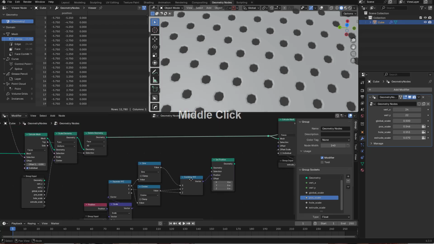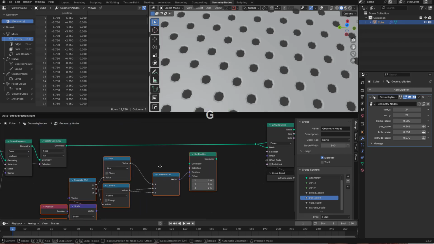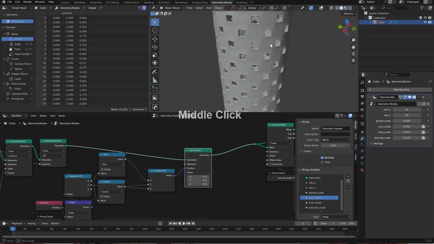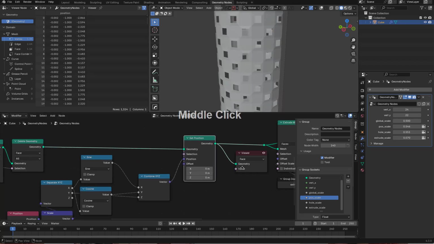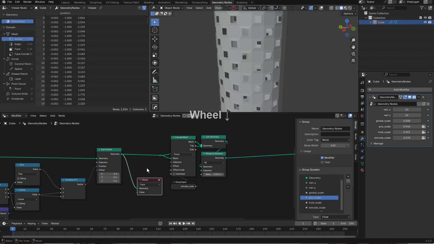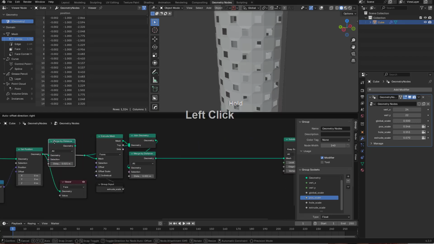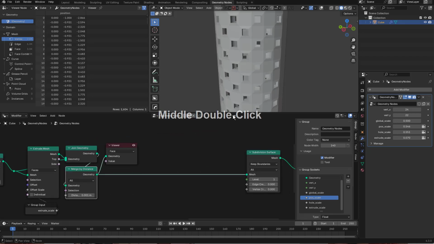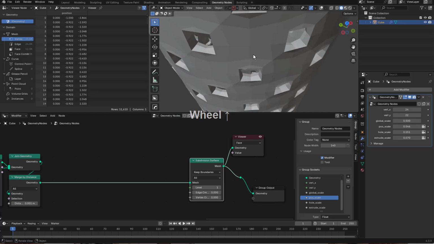because it's all about order of operations. So just like you would with modifiers, you also would with nodes. So let us make the connection, and now we are looking at this. So far so good. In fact, we can bring our merge by distance directly after this, and then we look at what we have here when it comes to extruding it, and then we have our